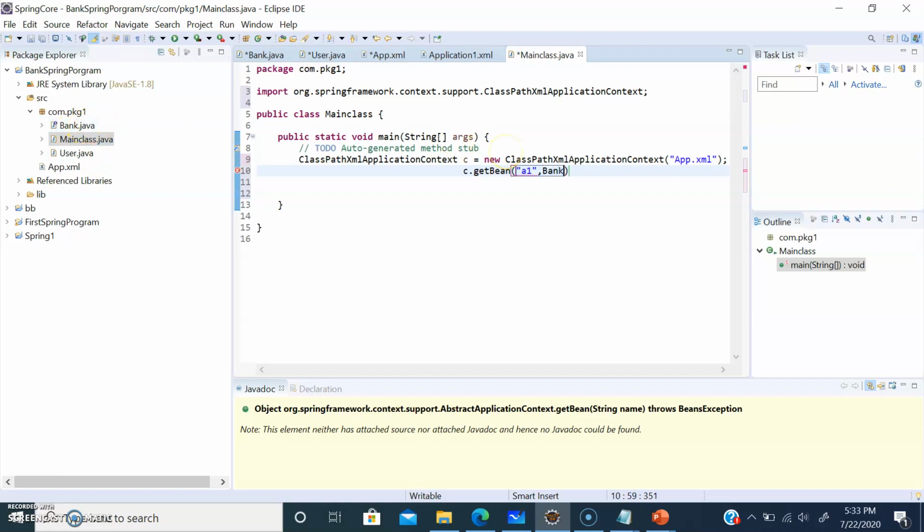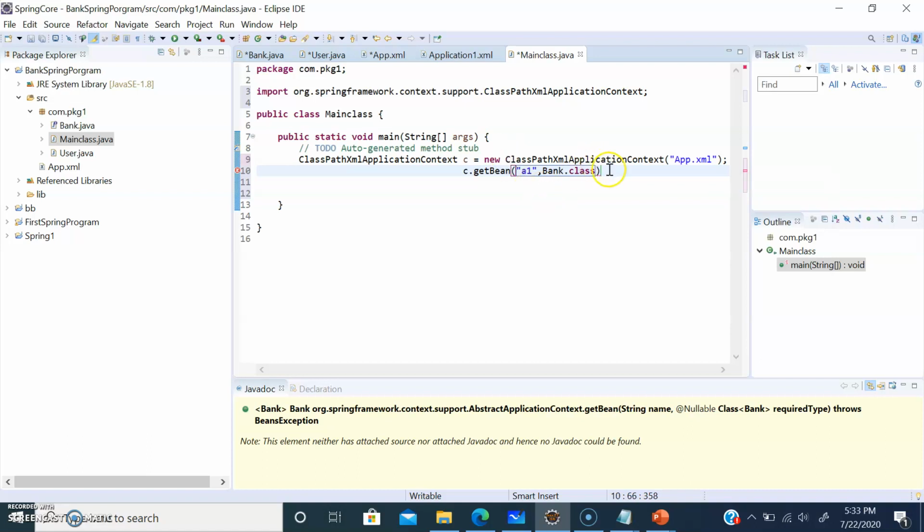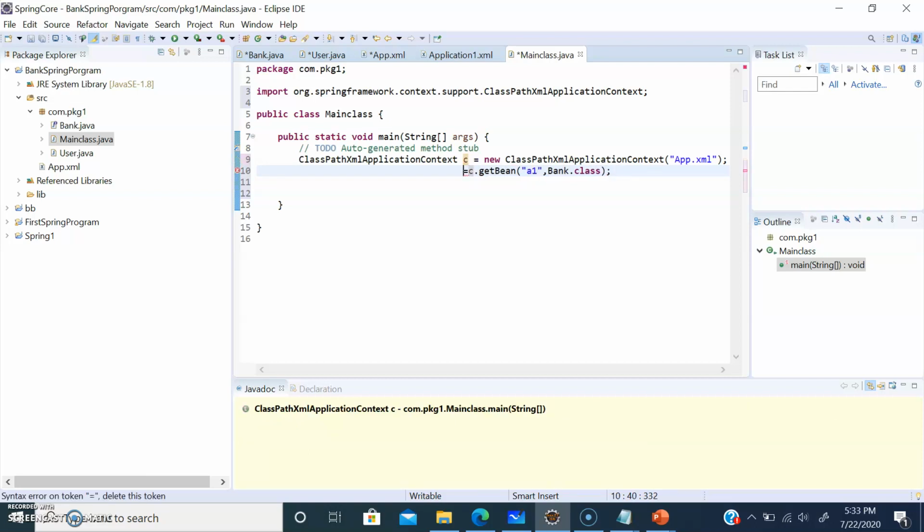The interface name is Bank.class. And then we say Bank b. Here you have to mention the interface that the class implements, and give that interface name.